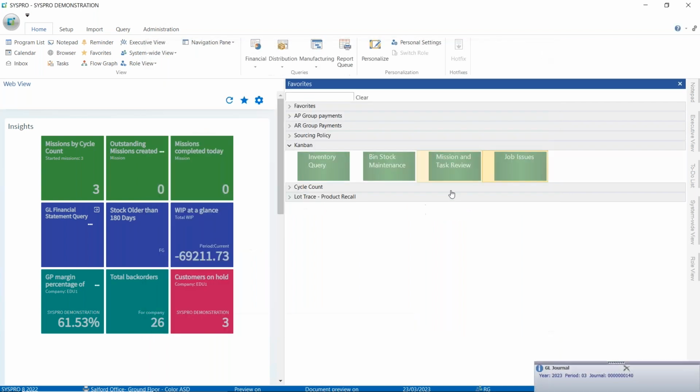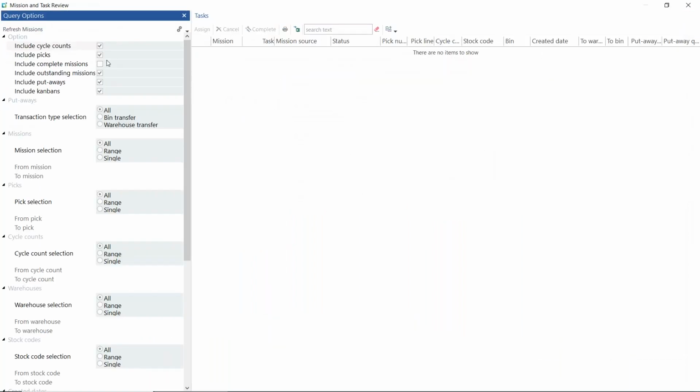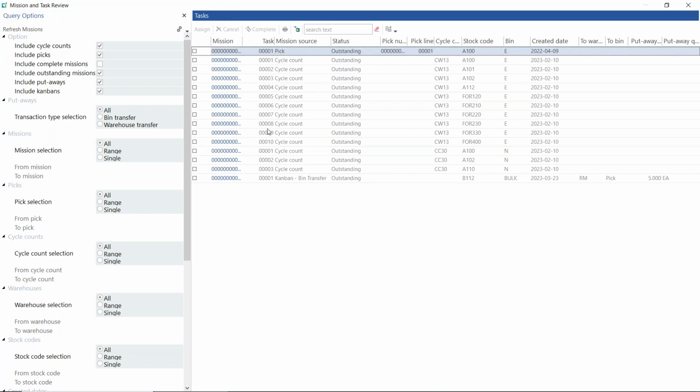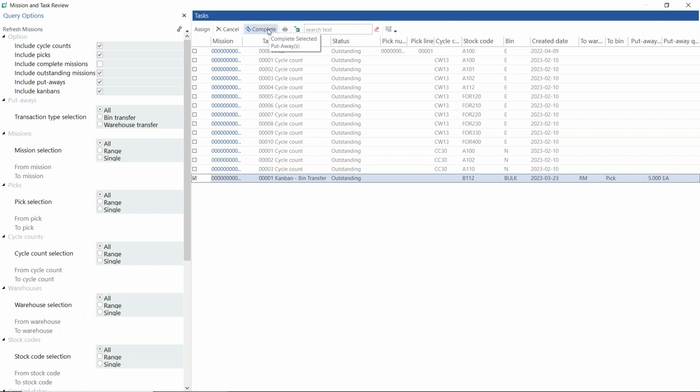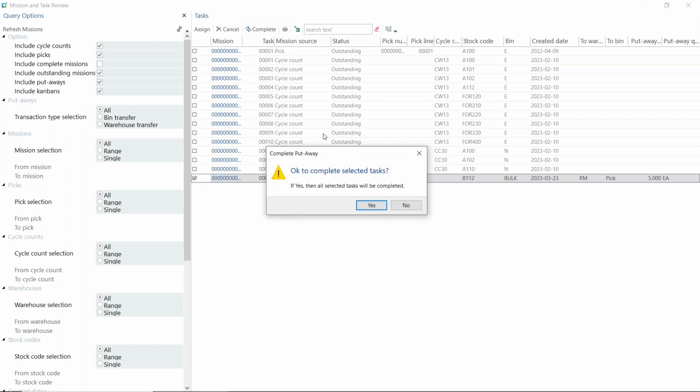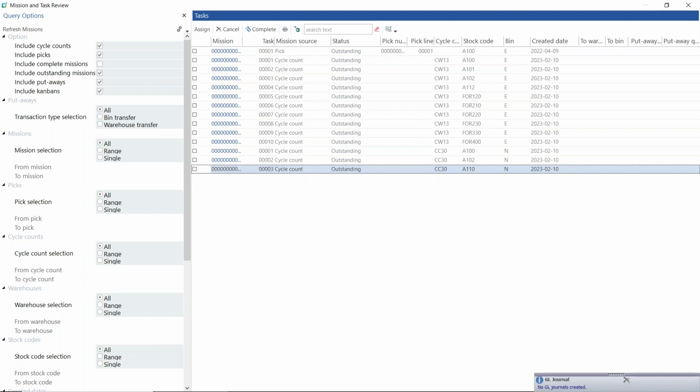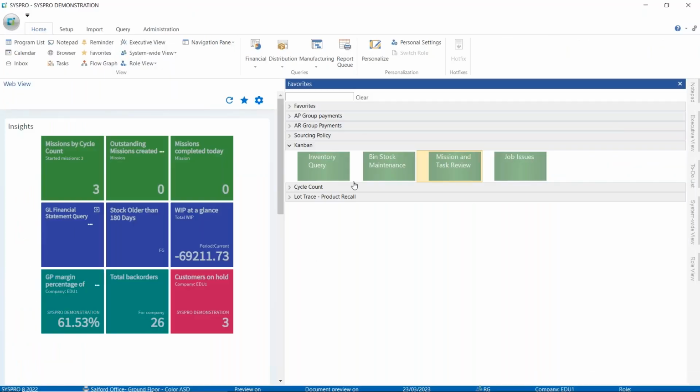So now if I go back into missions and tasks, and if I click refresh missions, I see a transaction here at the bottom which is a bin transfer from bulk to a pick for my B112. If I click on it and I go complete, this on the back of this complete button actually does the bin transfer. So if I go now into inventory query, I'm sorry, I know there's a lot of clicking around,